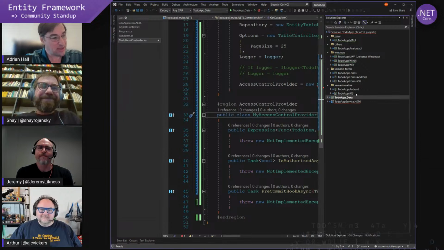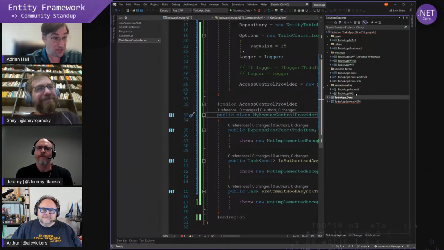And each time we've made this stuff easier and easier, we still give you the power behind the scenes. There's nothing stopping you from writing the list operation because you don't like OData for some reason and you want to do your own. There's nothing wrong with that. We've actually allowed you to do that in the controller, but you don't have to.